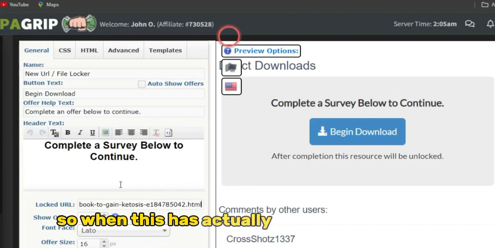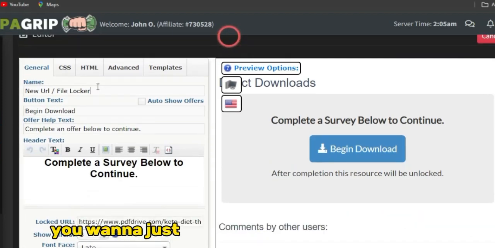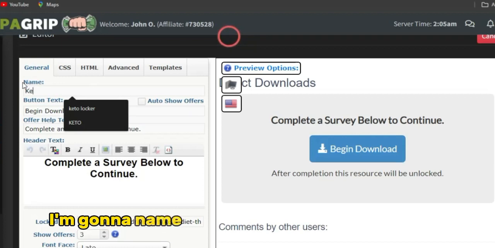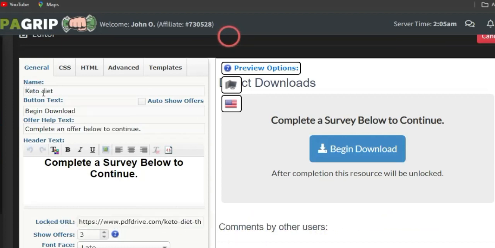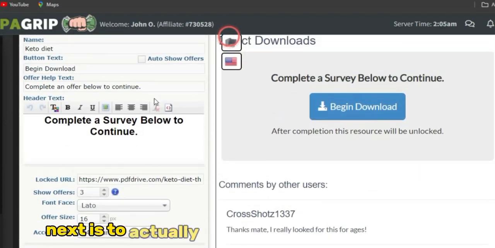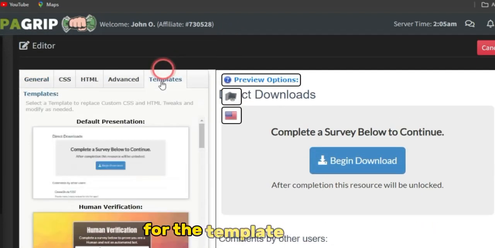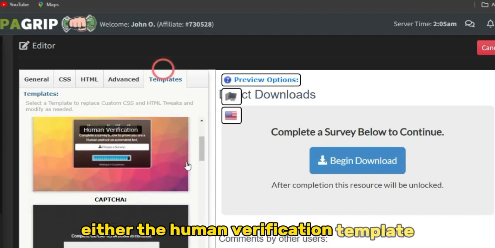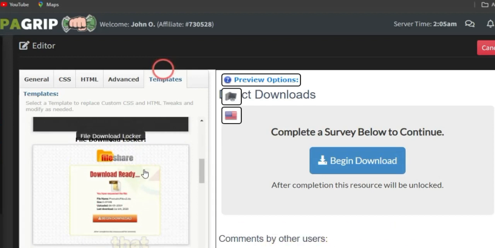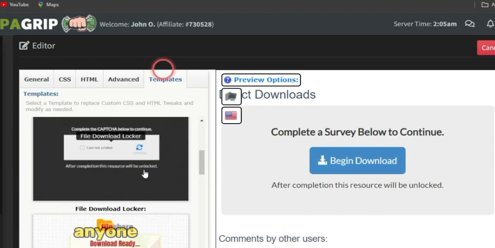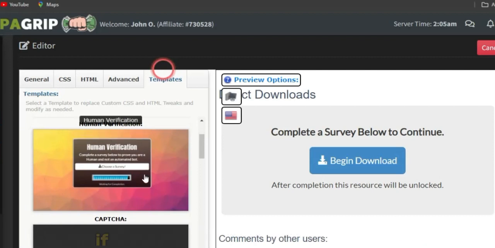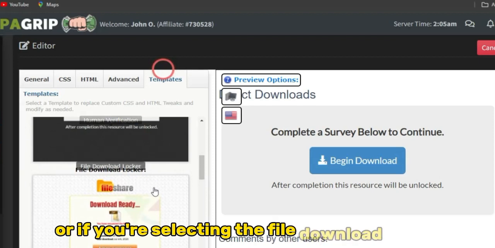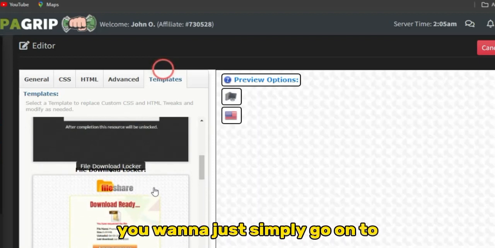So once this has actually been locked in this section, you want to just simply give this locker a name. I'm going to name it something related to keto diet. So once I do name it something related to this keto diet right now, what you want to do next is to actually go on to selecting a template. For the template section, it is quite suitable that you select either the human verification template, or you could go on to selecting the file download locker template. So any one which you do select is quite okay. If you select the human verification, you can go on to using that as that. But if you're selecting the file download locker, you want to just simply go on to editing that to your